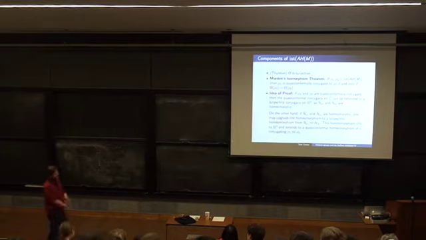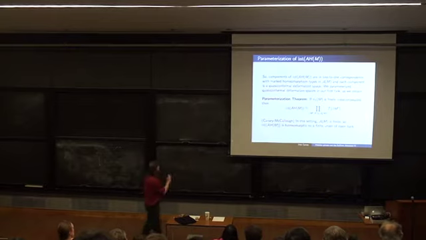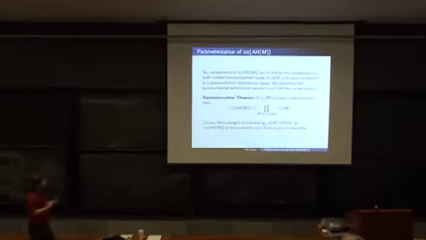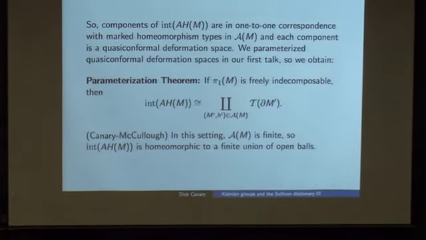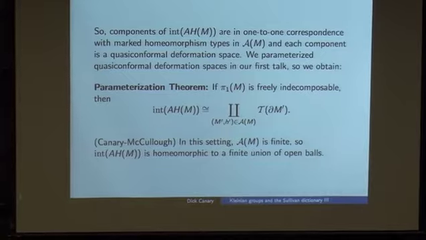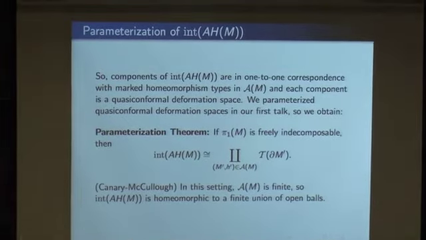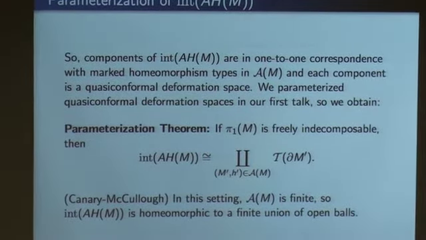And this quasiconformal homeomorphism conjugates the group action on the Riemann sphere to the group action on the Riemann sphere. So it gives a quasiconformal conjugation of the representations. Okay. So now you know that, in fact, the components of the interior are just in one-to-one correspondence with the marked homeomorphism types. Because if two things have the same marked homeomorphism type, they're quasiconformally conjugate, and we saw that quasiconformal deformation spaces are connected manifolds. And moreover, we saw that